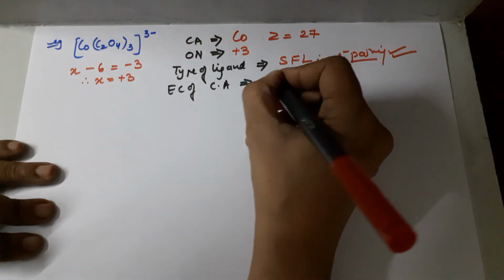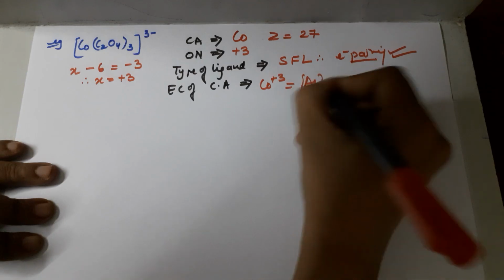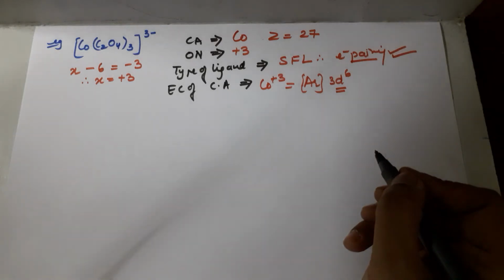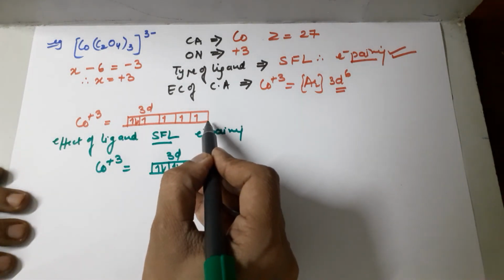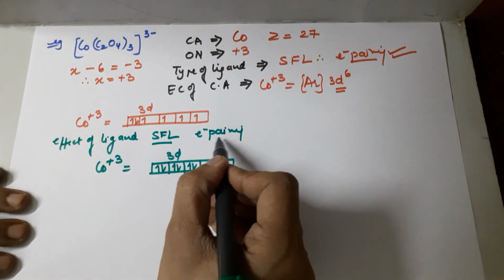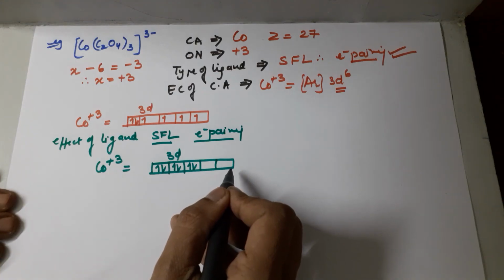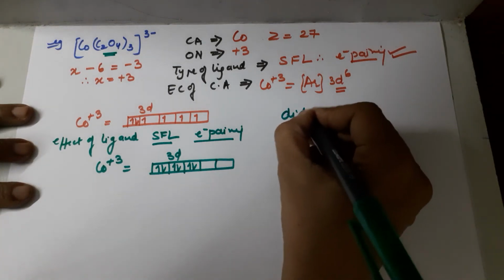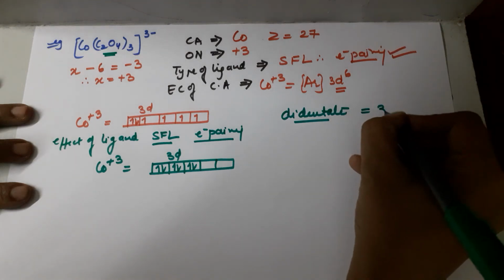Electronic configuration of the central atom. So in case of your cobalt plus 3, your configuration would be argon 3d6, because you have removed 3 electrons, 2 from 4s, that's it, and 1 from 3d. So your cobalt is in this configuration, which has d6. The effect of the strong field ligand would be pairing, so they would get paired up and you would end up in this. Now you require how many vacant orbitals? There are 3 ligands, but these are didentate ligands, which means each will form 2 bonds. So there are 3 didentate ligands, therefore